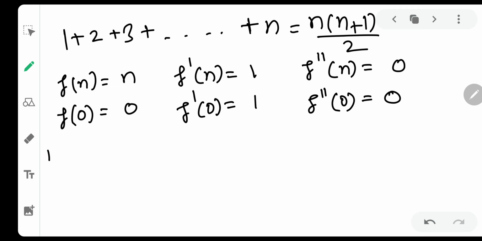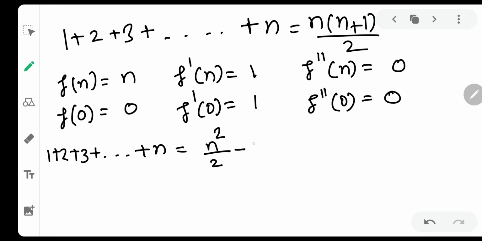Then how to go further. So 1 plus 2 plus 3 up to n. Now you need to derive the formula for this. Just observe very carefully. Check the last term n. What is the power of the last term? 1. So increase it by 1, 2, and divide it by 2. It is just like integrating n, right? But I am not showing you the difficult integration part because some of you might not be knowing it. But I'll tell you a trick which is applicable to all the formulae. Check the last term, increase its power by 1 and divide by the same.